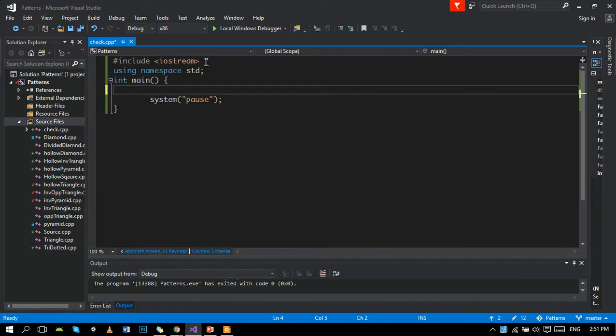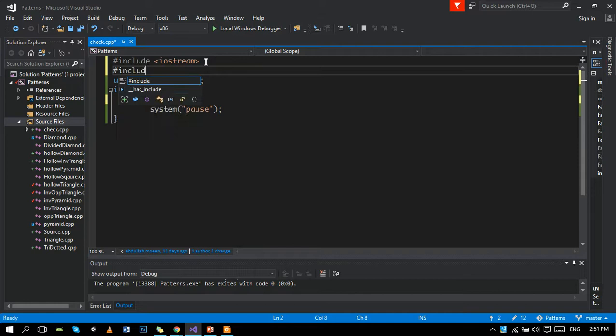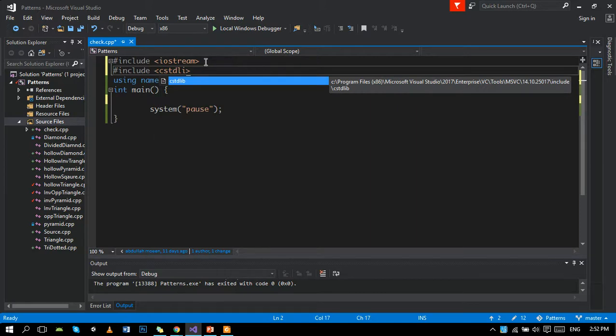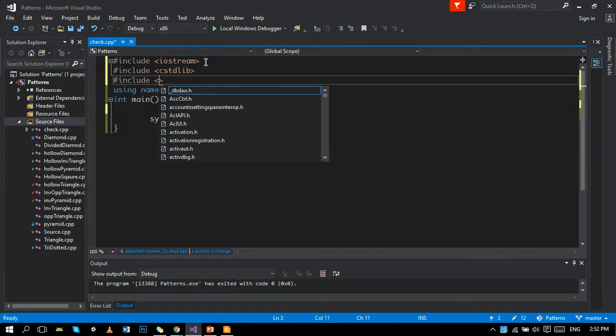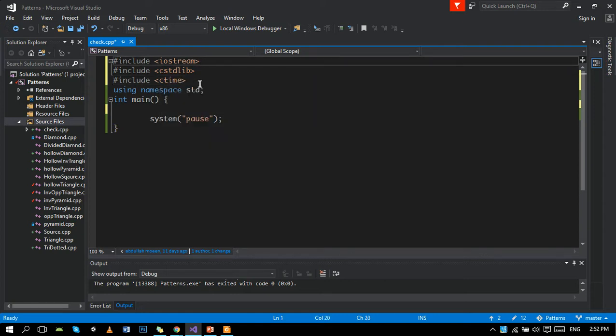So it requires two predefined libraries, which are as follows. First of all, write the preprocessor and the C standard library. Here it is. And another, C time. Okay, let's make